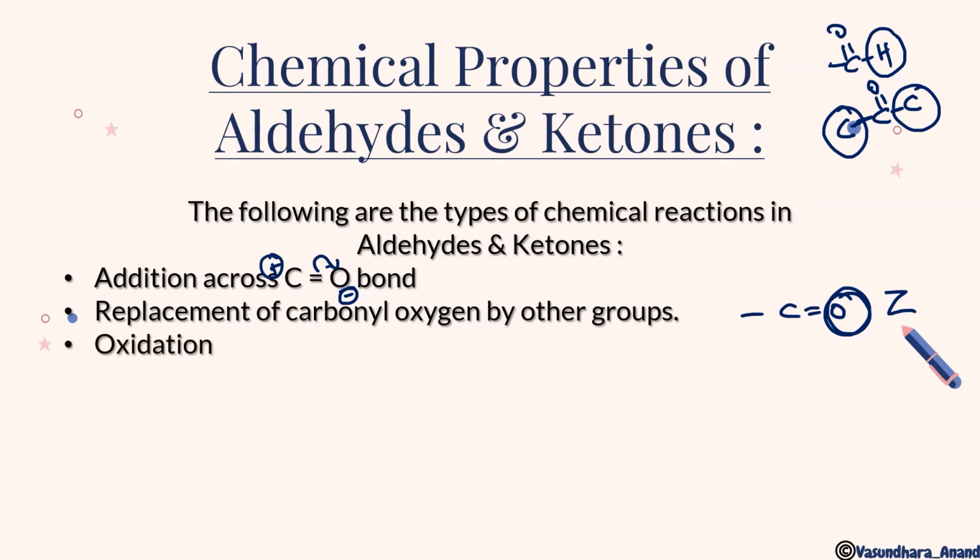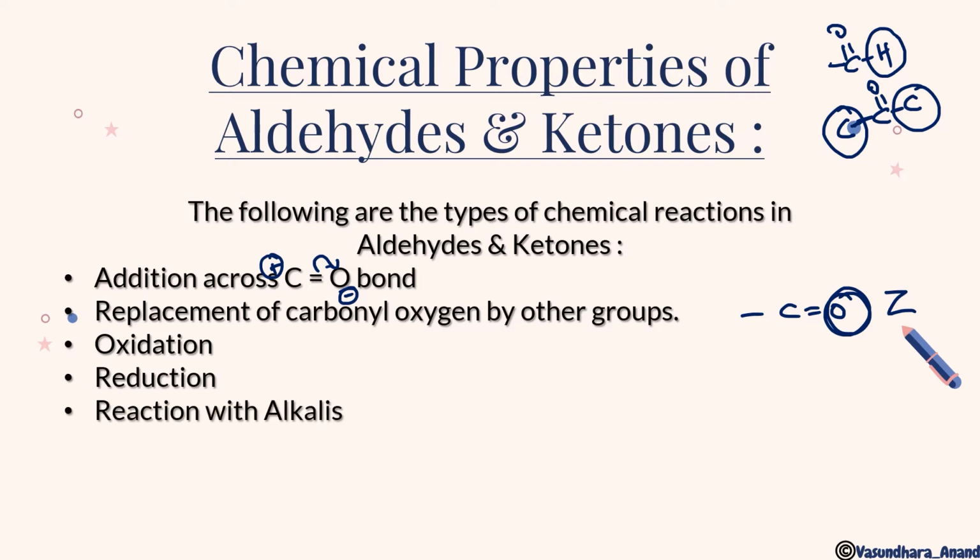Now third is oxidation. We know that an aldehyde undergoes oxidation and forms an acid, and a ketone in general doesn't undergo oxidation because it is already secondary, so it cannot oxidize further. If it does oxidize, it will follow the Popov rule, which is a fixed rule that I will explain when we get to it. Now reduction: if an aldehyde undergoes reduction, it will form a primary alcohol, and if a ketone undergoes reduction, it will form a secondary alcohol. That is quite clear, we know that.